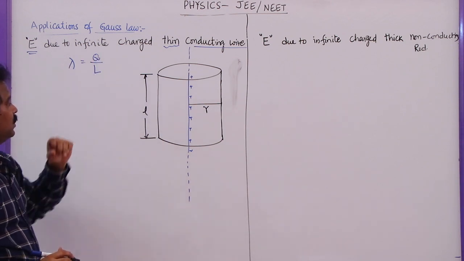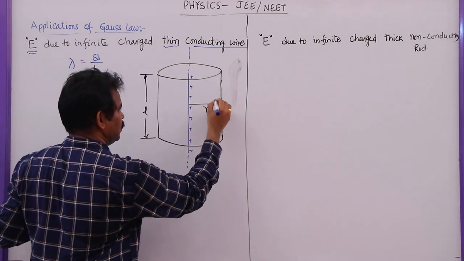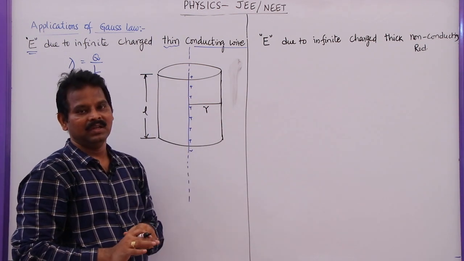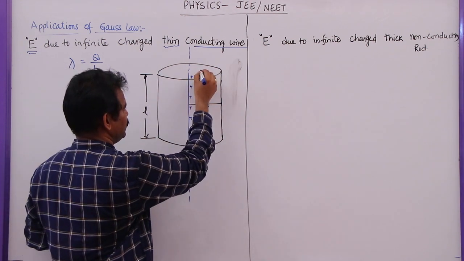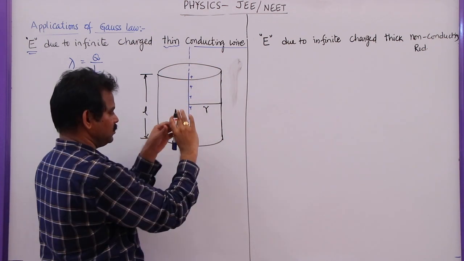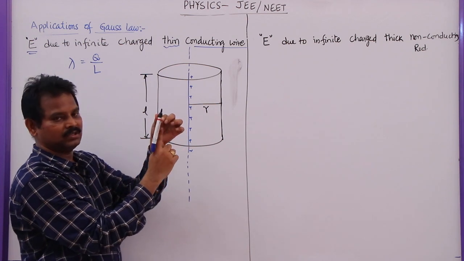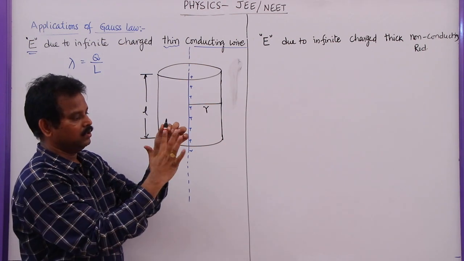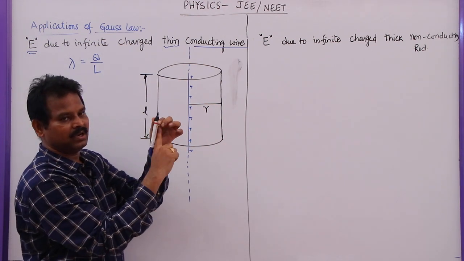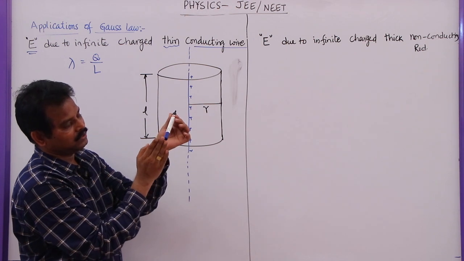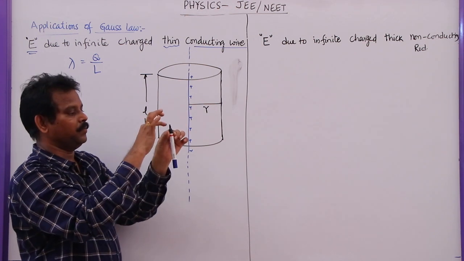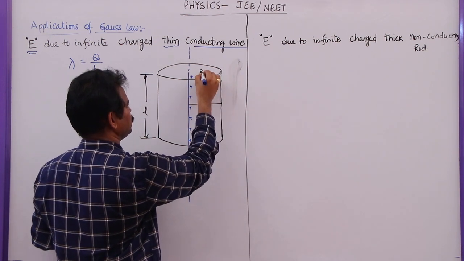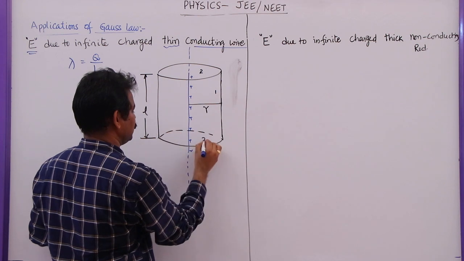So let me use that Gauss law to find the electric field at this point. If you take this cylindrical portion, it has three different surfaces. Let us say the white one is the cylindrical Gaussian surface, and the refill is the charged wire here. The first one is the curved cylindrical surface, the second one is the circular surface at the top, and the third one, the bottom one, is also a circular surface. So this is surface 1, surface 2, and the bottom one is surface 3.